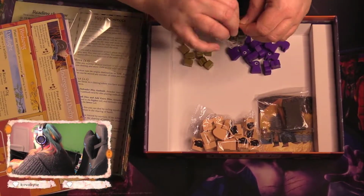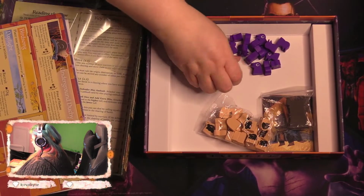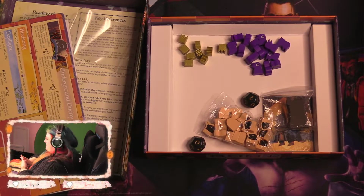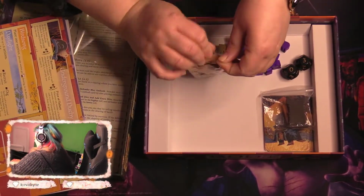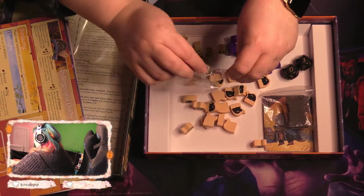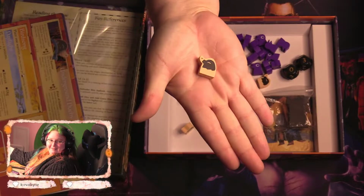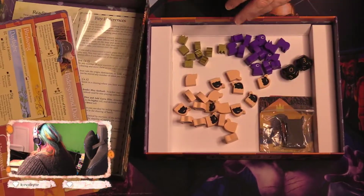And we've got some nice hefty dice. Ooh, they're nice too. I was going to be really sad if I rolled double zeros. But no, I didn't. I got a 0 and a 2. And then we've got all the little mole peoples. Mole peoples! I will free you from the bag. They look adorable. They're so cute looking. So that's all the little components in this, other than the